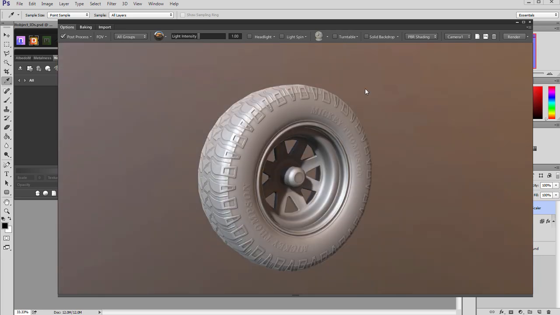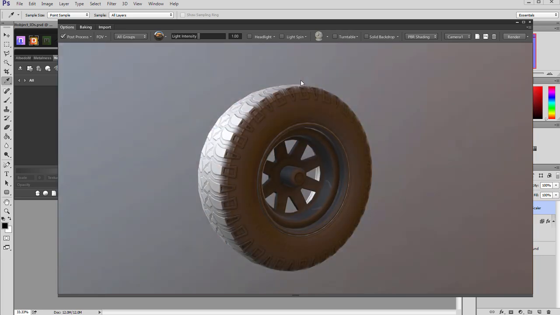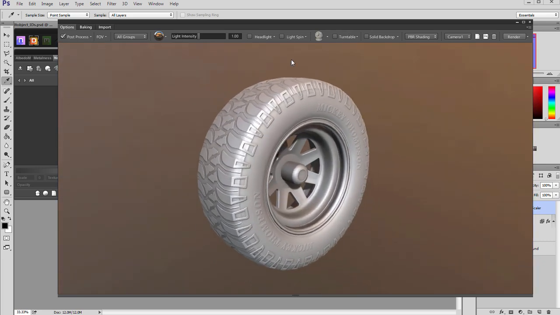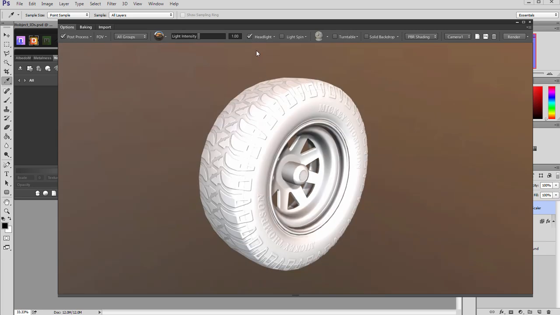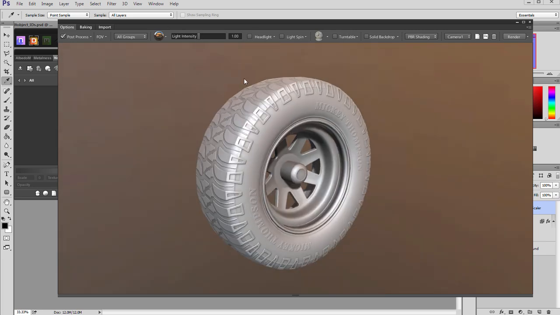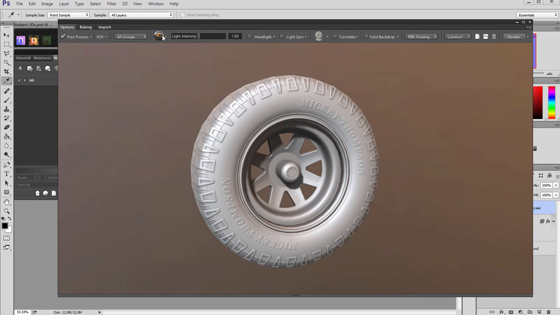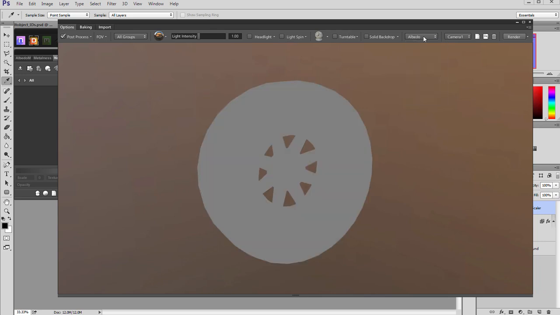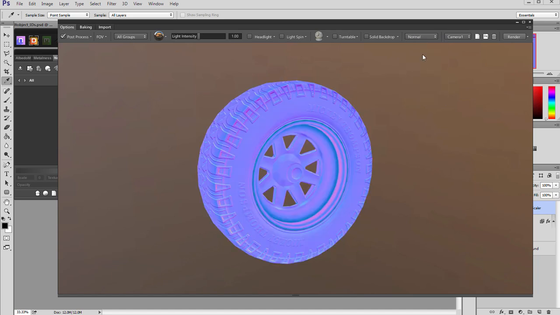Holding shift and right mouse button you can rotate the environment. You can turn on headlight if it's too dark for you. You can change intensity of the skylight. You can choose a different preset,